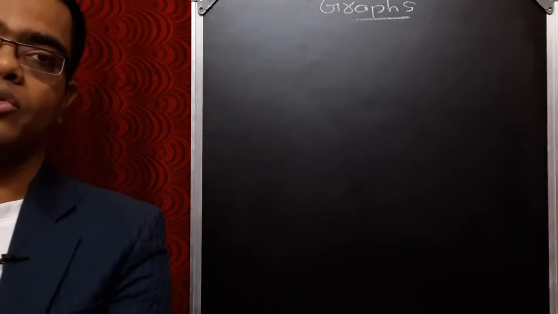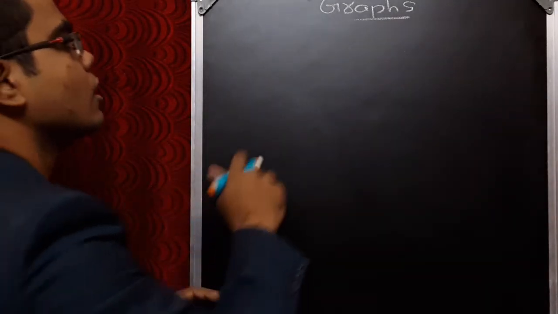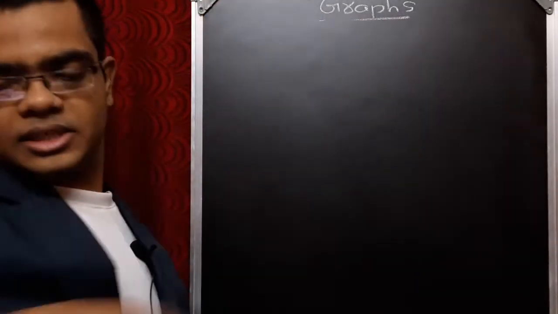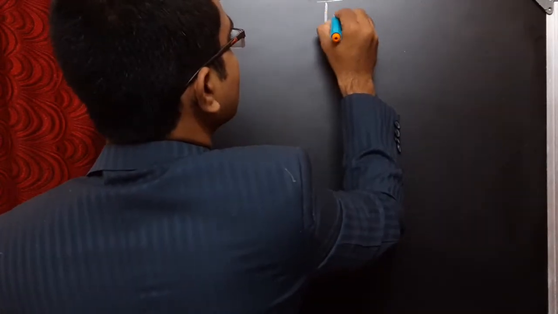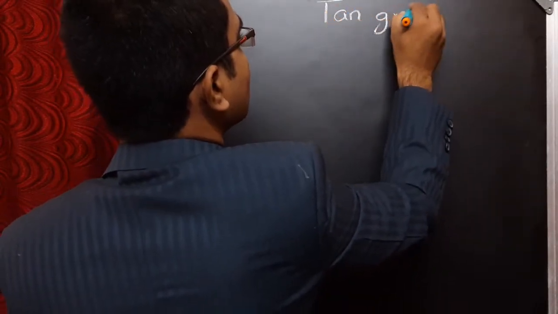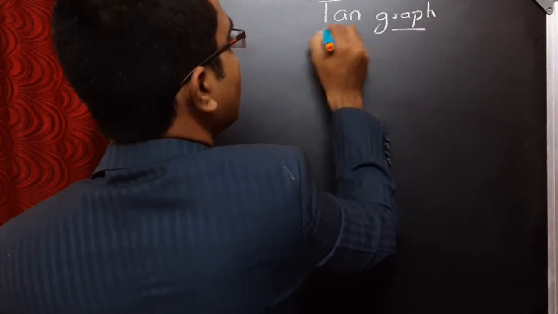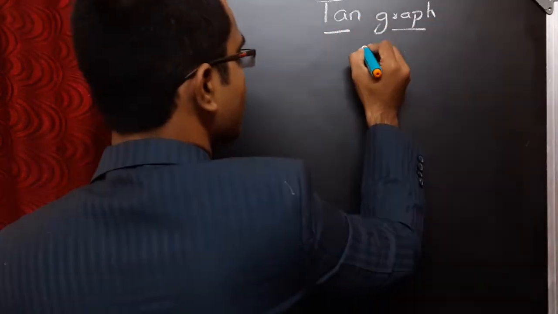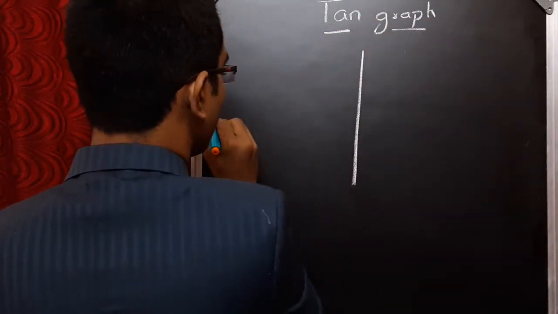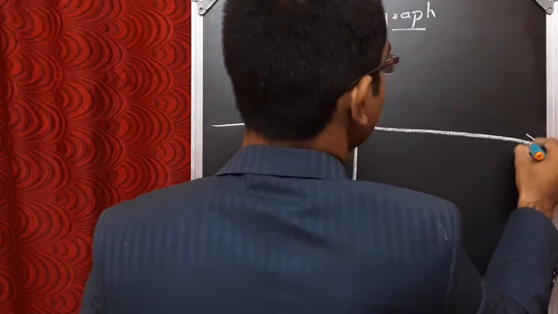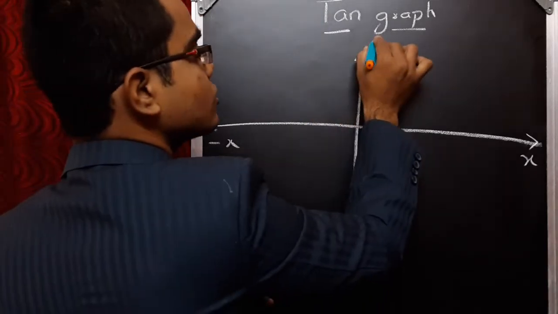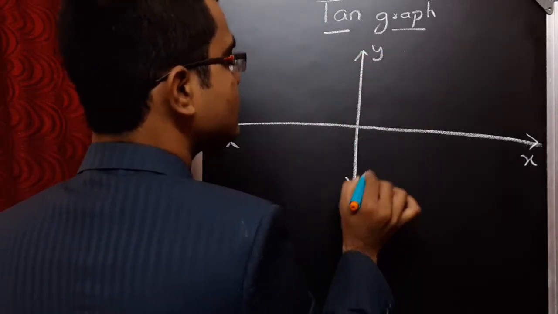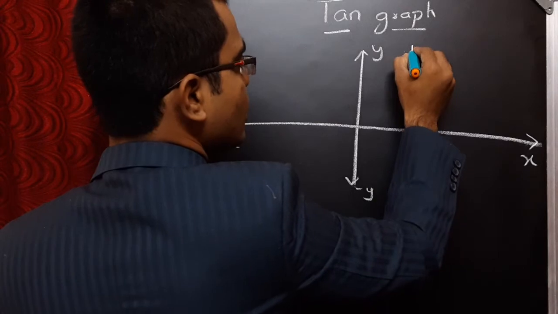Okay, so now going ahead with the other one, I'm erasing the shading of the graphs. Tan graph. So this is something a little different. This is the positive x-axis, this is the negative x-axis, this is going to be the positive y-axis, this is going to be the negative y-axis. Now I wanted to draw some dotted lines